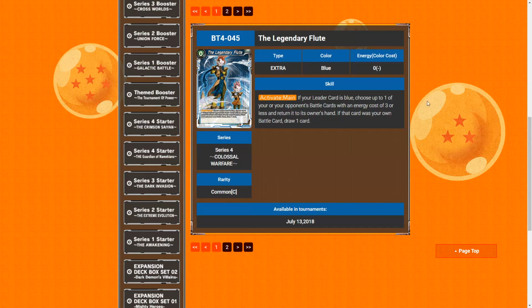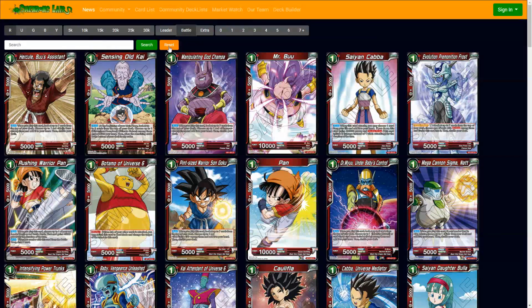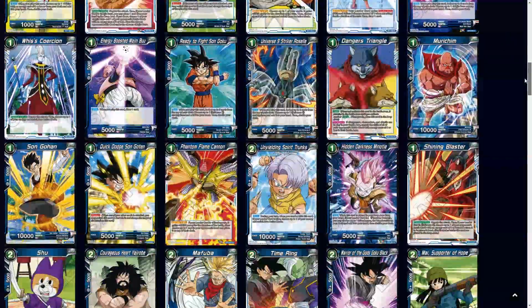Now this is the card in which I might have a problem with, but this is the Legendary Flute. This is a 0 cost extra card, activate main. If your looted card is blue, which does not, again, avoids the restriction. Choose up to one of your or opponent's card with 3 or less and return it to the owner's hand. If that card was your own, draw 1. So, the thing about this is that if you're playing mono blue, or really anything, there's a lot of options for this. One that comes to mind is...